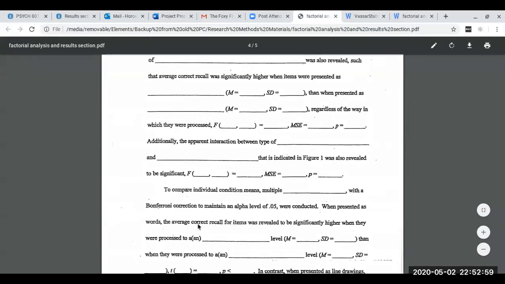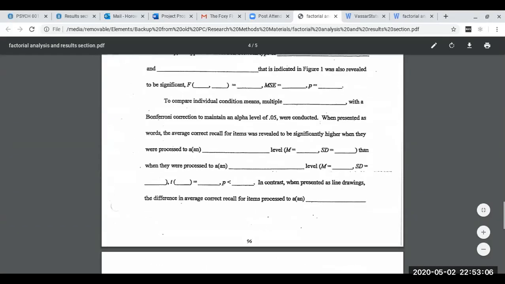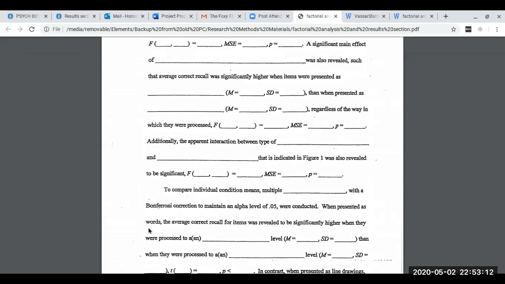Then, in contrast, so let's see. All right, so that brings us to basically right here. Now, down here, I already filled this one in for you on the other sheet. It's multiple comparisons. And the reason that we sort of skipped a little bit, but what we would do is